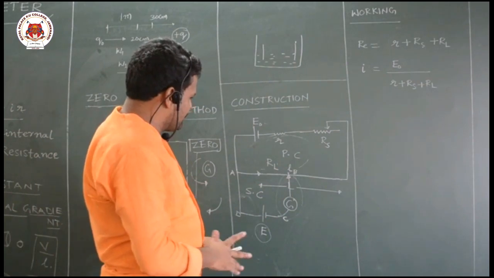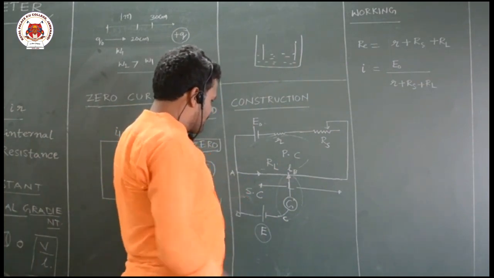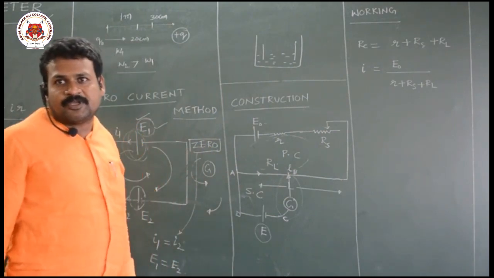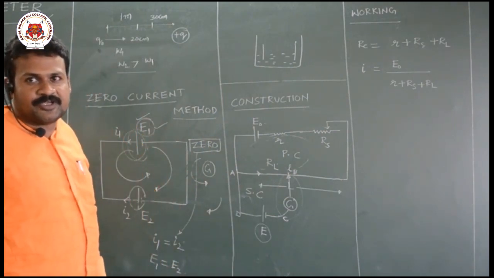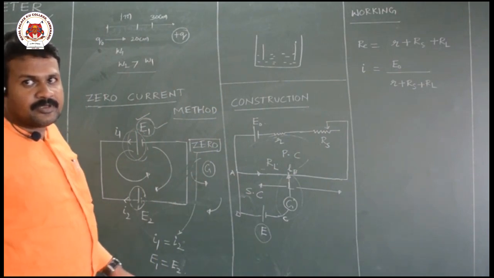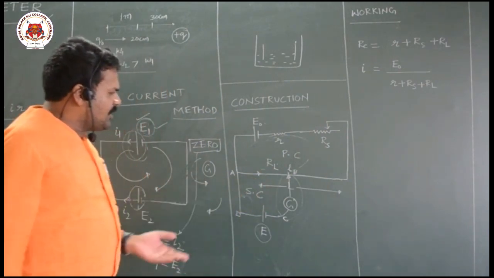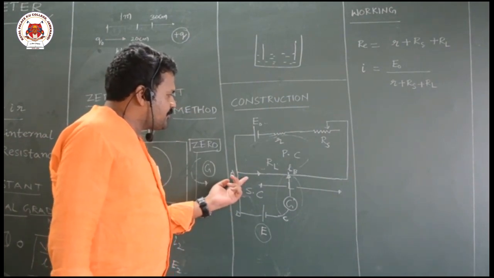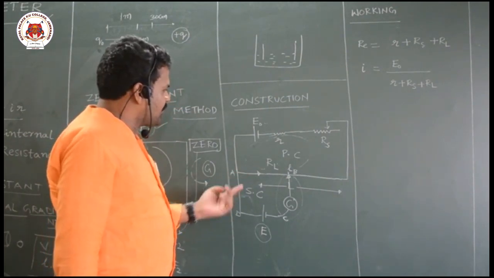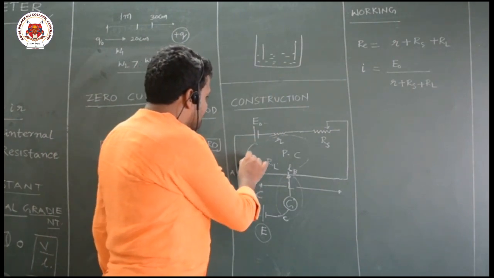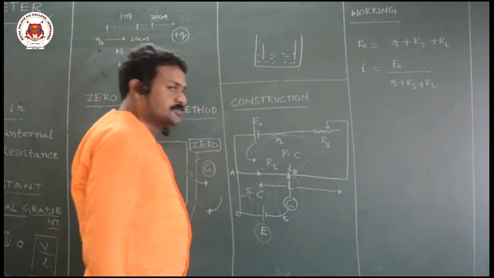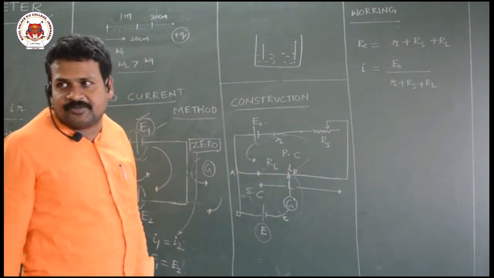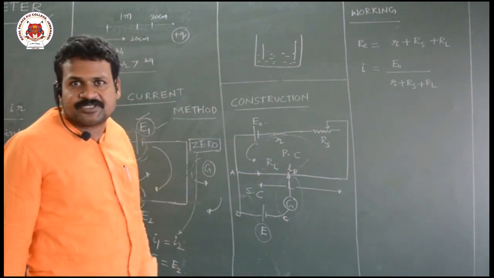Sometimes some people will ask, let us start from A. Before balancing point, what is the direction of current? Then you can tell the direction. The direction of current will be, this is the direction of current. Now what happens before balancing point, current will flow in galvanometer because there is some potential difference.